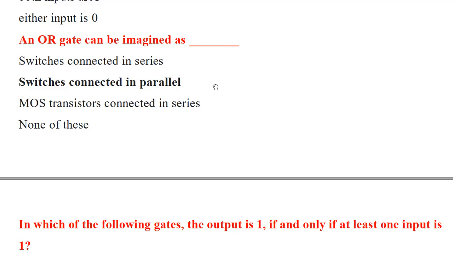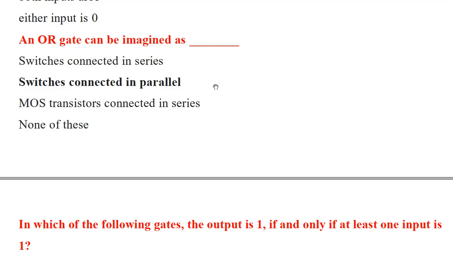If 2 switches are connected in parallel, you can imagine that switch 1 is acting like the A input and switch 2 is acting like the B input. A switch also has two states, that is off state and on state. So consider off state as 0 and on state as 1. If both the switches are off, the case is 0 0. If both are off, then the output will be 0, since no current will pass from input to output.